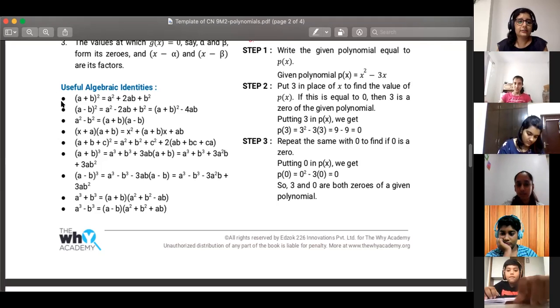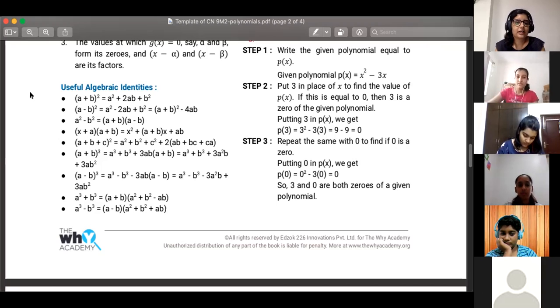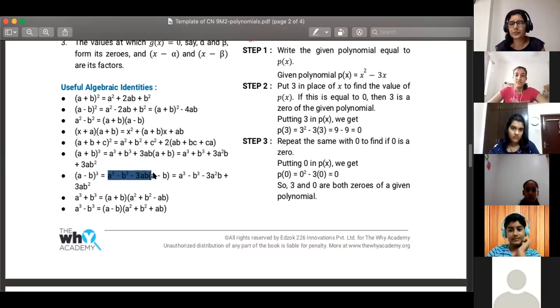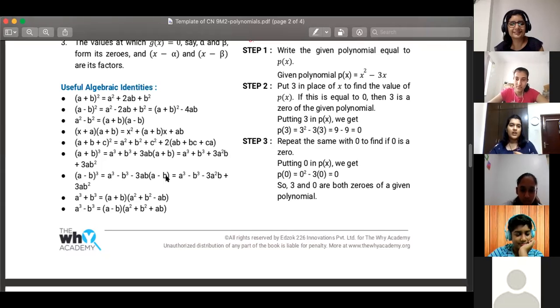Okay. All right. So amongst all these identities, which one did you feel was difficult? Which do you think you'll have difficulty remembering, due to confusion or anything? Ma'am, the 7th one, I guess, because it's too lengthy. Okay. (a minus b) whole cube. Achha, isme do expressions hain, so yahan tak ek hai and that is also equal to this. Okay. Sujal also said the same thing. (a minus b) whole cube is difficult. I think it is the 7th one.